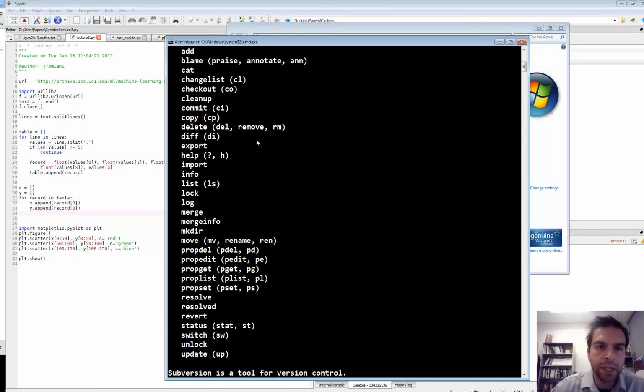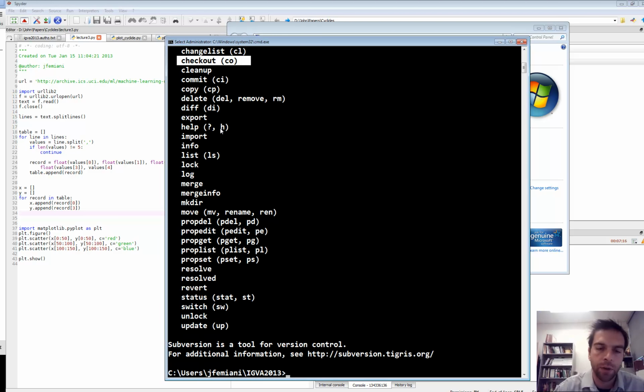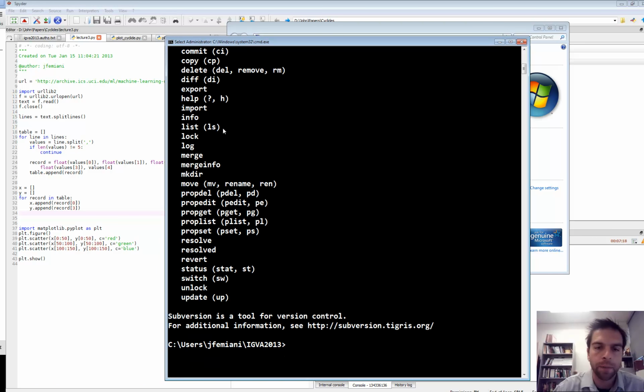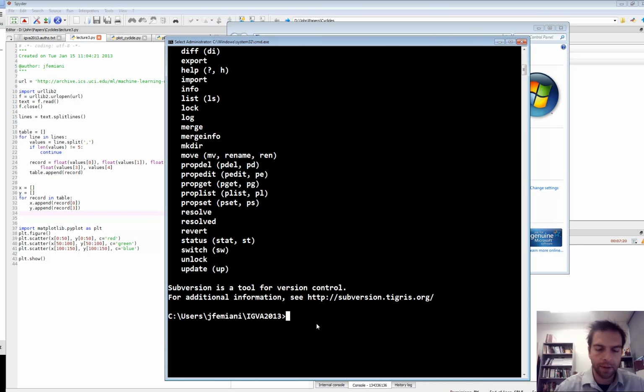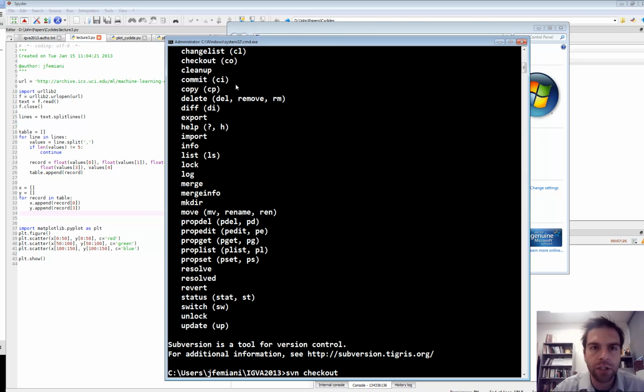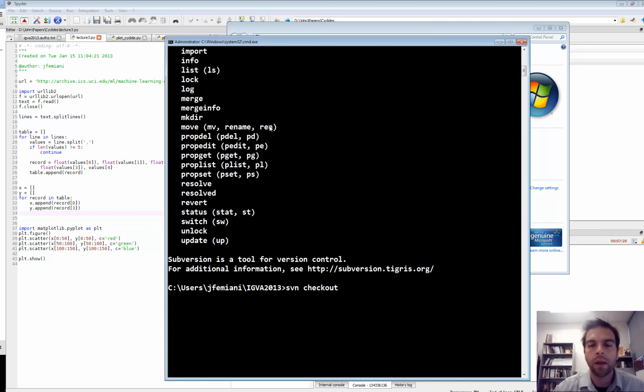The one that we want to do is we want to check out code from the central server. You want to check out your folder. So the command that we're going to type here is svn checkout. Notice if you're lazy, you could just type in co. And then you need to pass in the URL of the folder you want to check out. And that's going to be